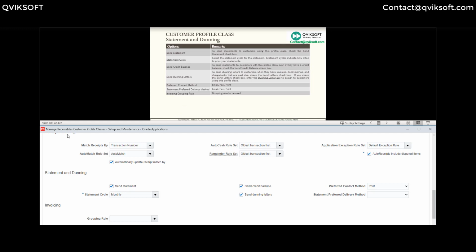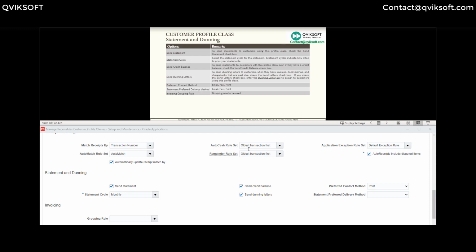Generally we send a statement primarily to remind them about making payment, but if the customer has already given an overpayment, do you still want to send them the statement? Actually, I would still choose it to be sent because the whole purpose of the statement is to make sure that my system and their system are reconciled. So I would still send them.